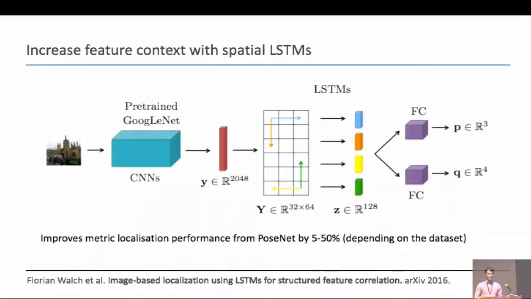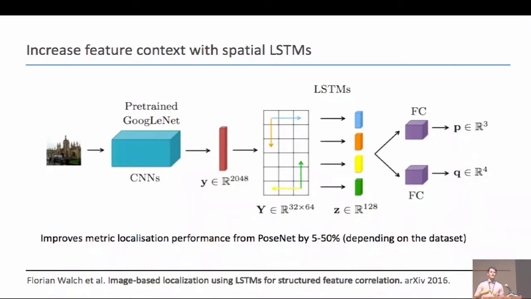So the first one, I'm very excited about this work, which is a paper which shows how to improve the context of these features. In the initial motivation, one of the things I question is, can we improve the context of the features and go beyond what these small scale, say, SIFT feature landmarks can give us? So what this paper proposes to do is take this original idea of mapping images to camera pose, but instead of the original network simply pooling these features and then applying a simple regression, what this proposes to do is